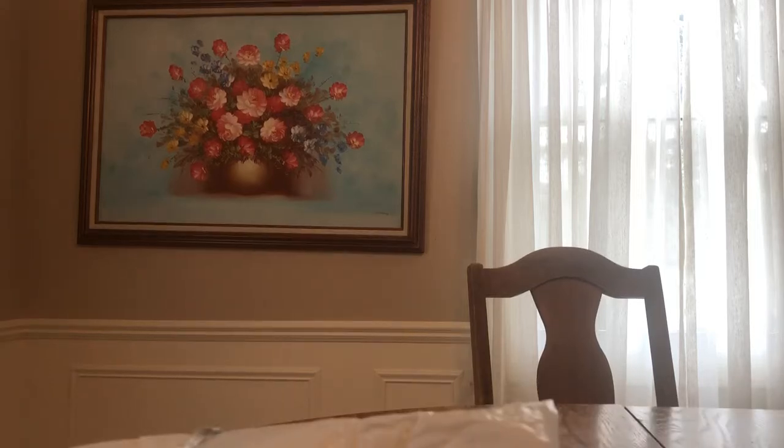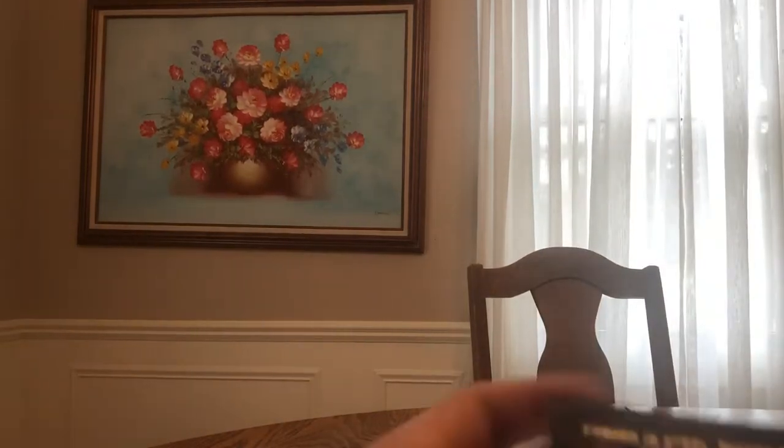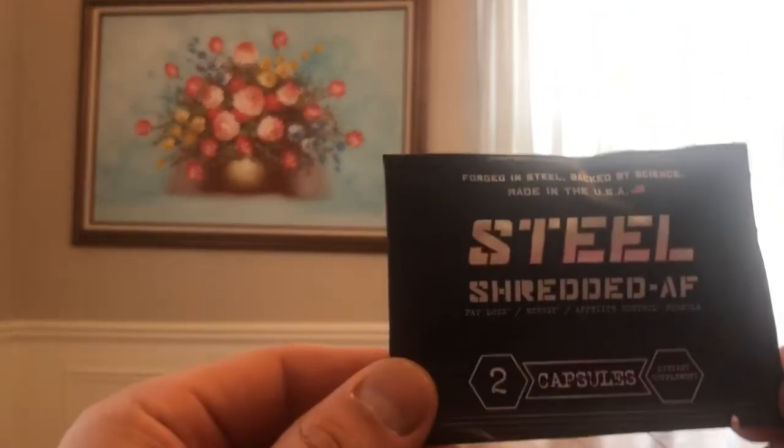Comes with... see what we got. Oh wow, this actually came with a lot more supplements than I ordered. Came with Steel, Rested AF, Steel NO7, Steel Pre, Steel Shredded,